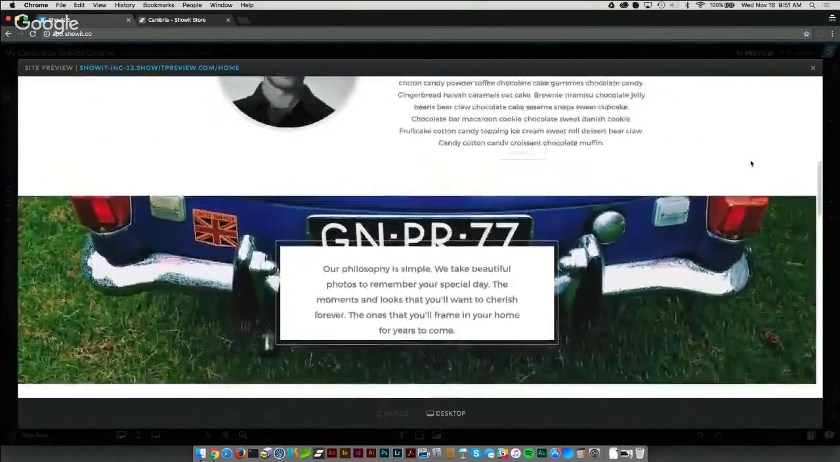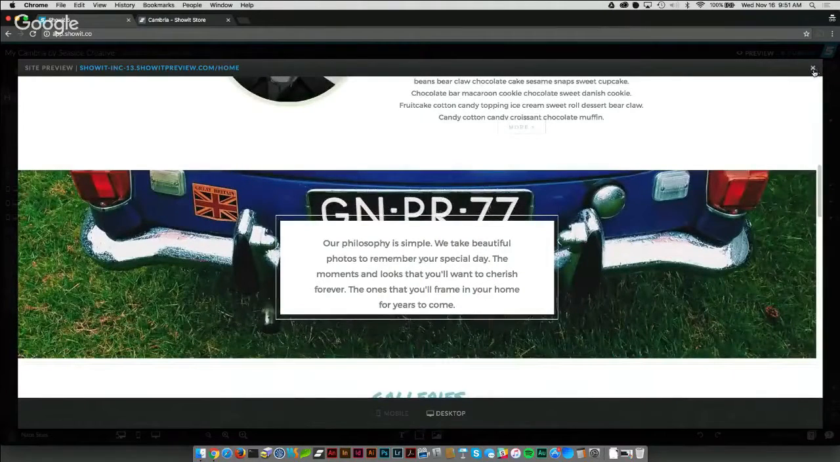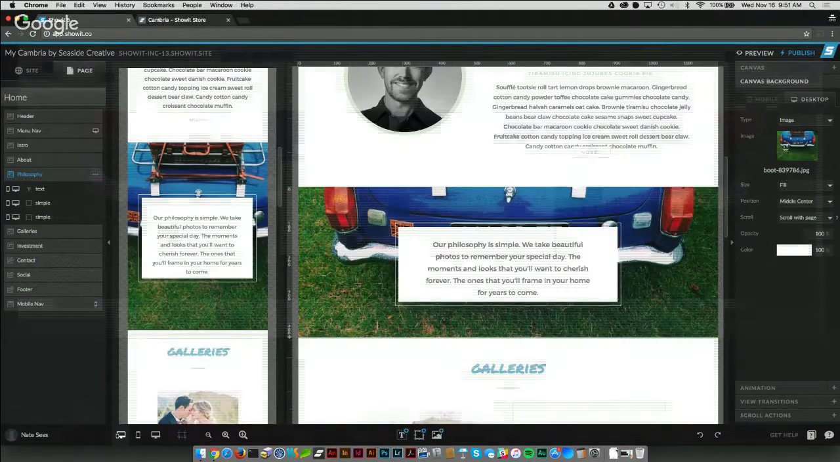Now, right now, this background image scrolls with the page. But what if I want this to scroll differently or at a different speed than what the page is scrolling at? We can do that really easily. So if we go to our canvas background property panel on the right and look at the scroll field, right now it's set to scroll with page. But I have two other options. I have parallax,